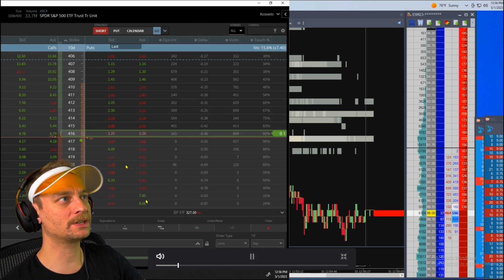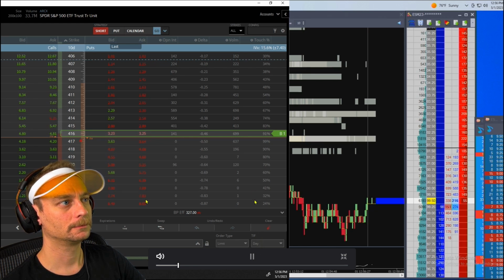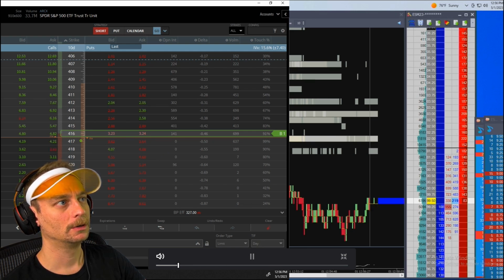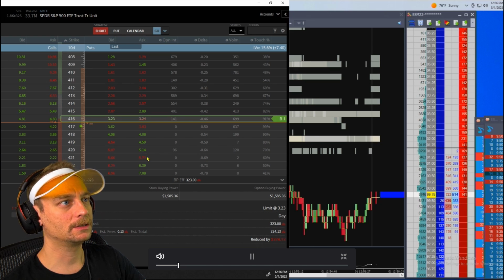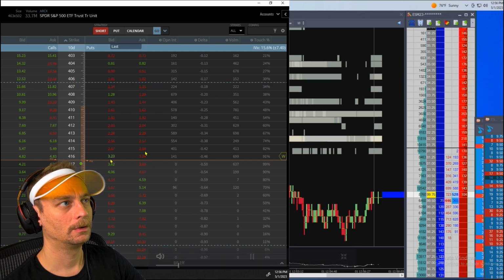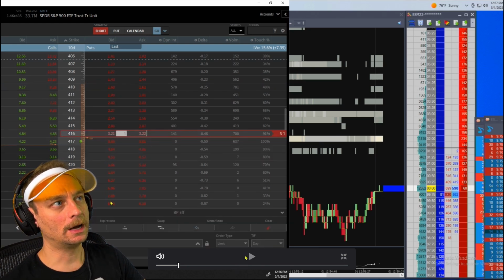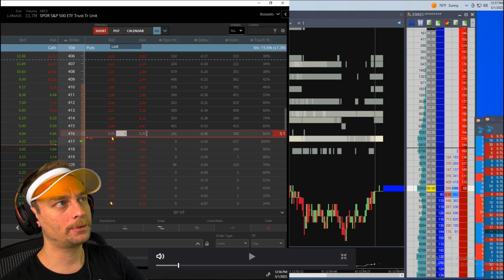So what I'm doing is I'm going to be joining the limit right here at $3 and maybe, we'll see. There you go. I'm trying to join the bid at $3.23. So it's going through. So now I'm in the queue and then it gets filled. So I got filled at 323. Notice how the price went to 321.